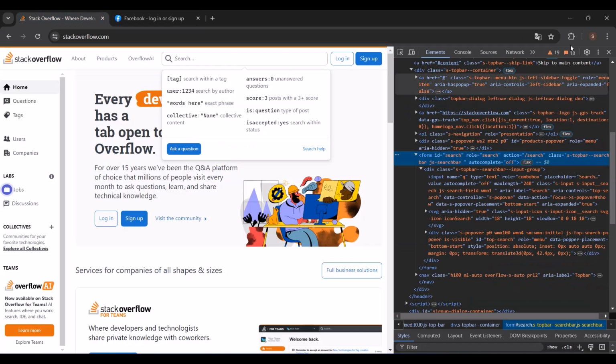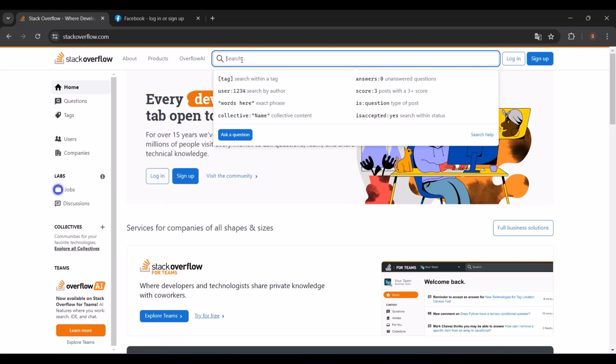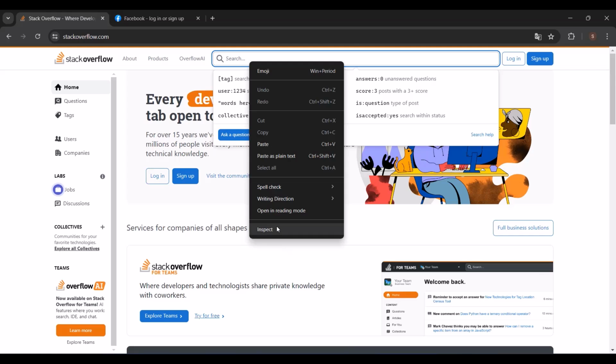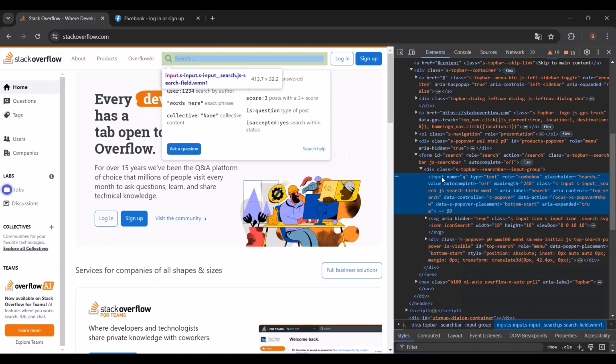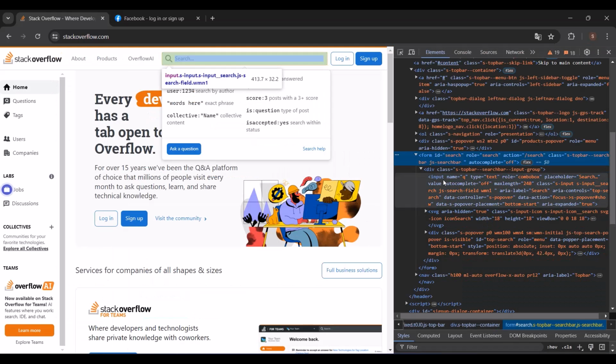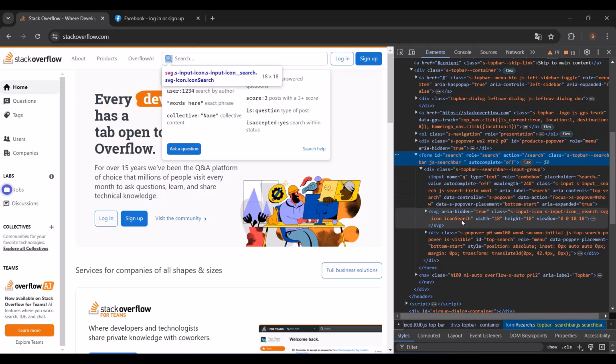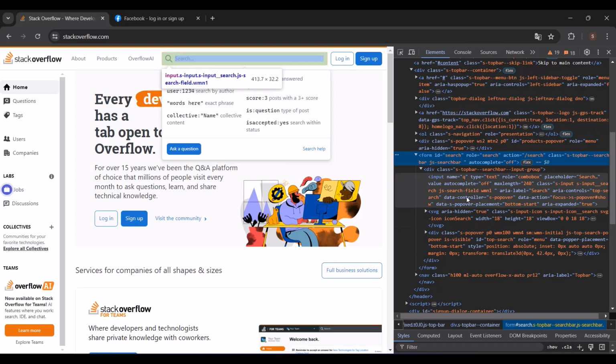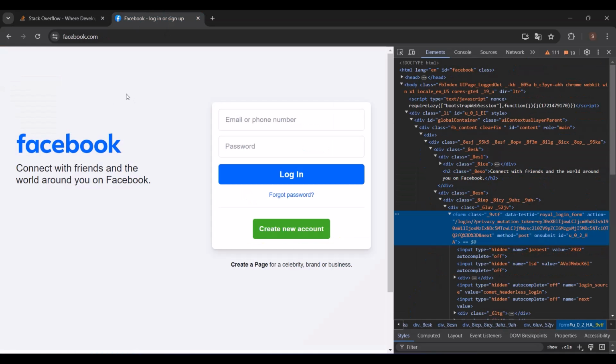So let's go to Stack Overflow. And here we also have a form, a search form. And if I right click here, go to inspect, we have a form and we have different input types. Text, we have here the type for the text, we have an SVG, we have a div. Those are inside the form, because the form itself is a shell or a container that doesn't have any visual effects. So it's an empty container if you don't put input elements like the text elements, password elements, checkboxes.